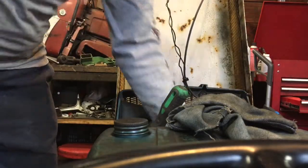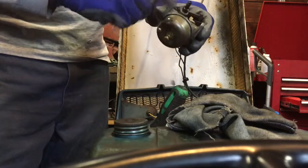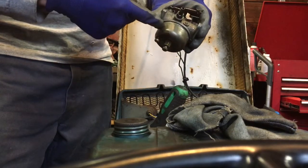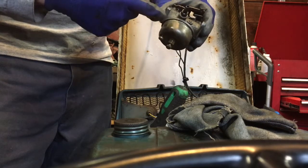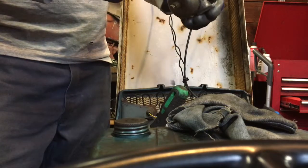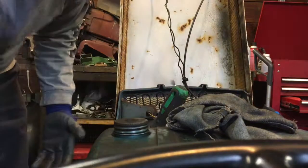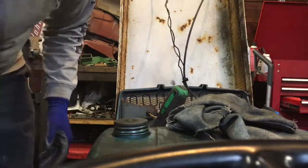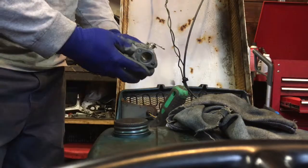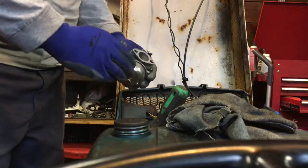And I can show you maybe later on what happens with these carburetors inside. I'll take it apart later and show you what the issue is or why they don't idle. And I always thought, well, I don't know if I need to do some extensive work. I've tried rebuild kits and it still leaks and everything else. So all that to say, I picked up this brand new old stock one. And I know it's been sitting on the shelf for a while because the gasket was...